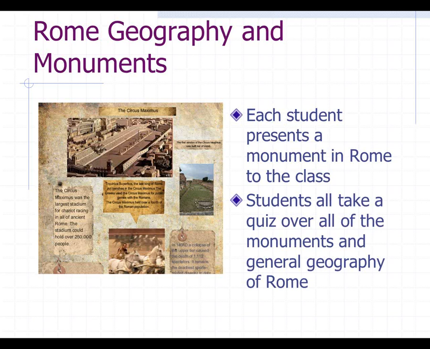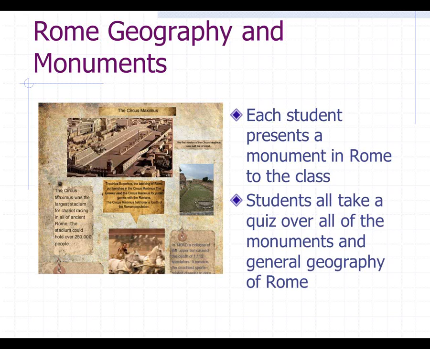I use this for a couple of reasons. First of all, as soon as they're done with the projects, I'm not then stuck with 30 posters at the end of the day that are in my classroom and don't leave for months and months and months. But also, I think that the kids are able to be a lot more creative and produce a much better product when they don't have to worry about where the glue sticks are at their house, the fact that they can't get to Kinko's to use a color printer, all those things that kids come up with as an excuse.